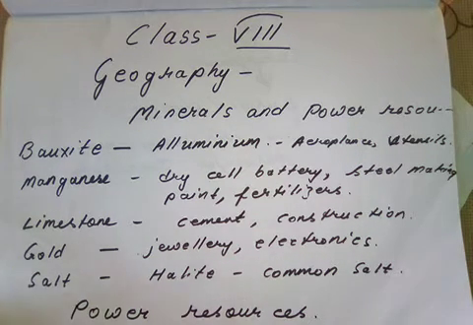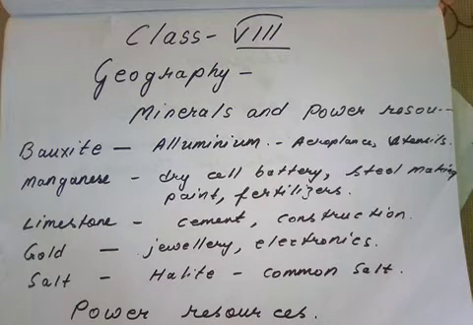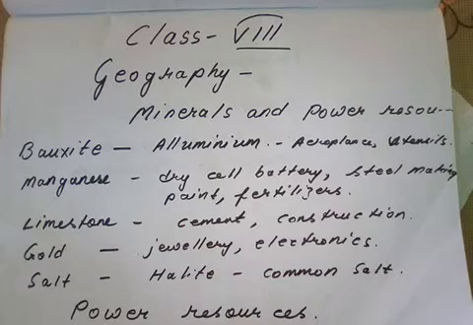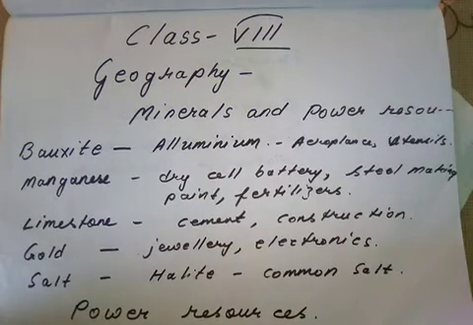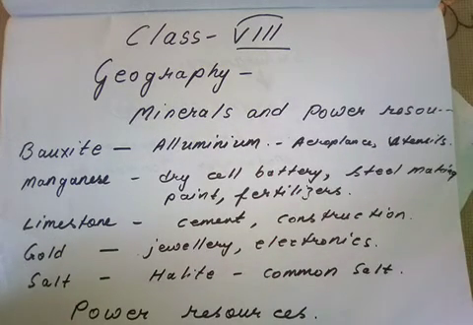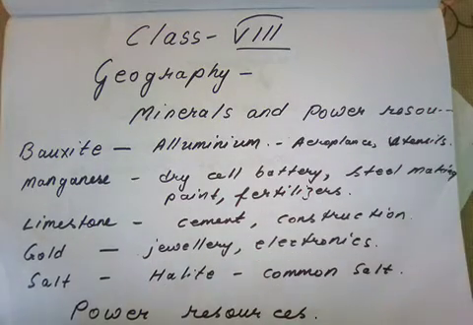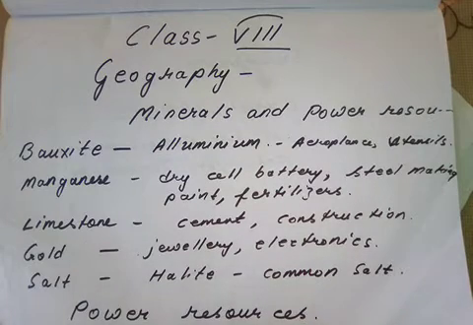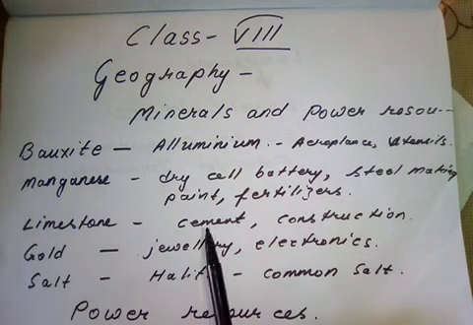Today I am going to continue the chapter from geography, that is mineral and power resources. In the last discussion, we discussed the various forms of minerals and how they are extracted. Like there are two kinds of minerals, metallic minerals and non-metallic minerals, ferrous and non-ferrous minerals. So in the last class, in the later part of the discussion, we discussed the different kinds of minerals